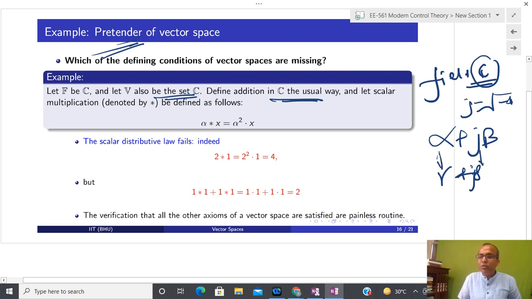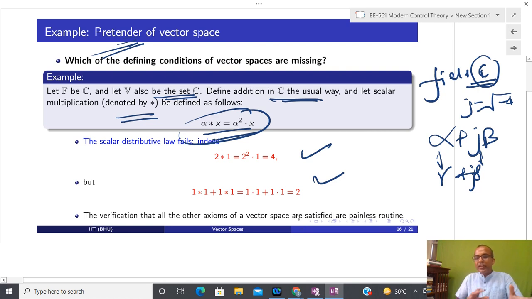Then component-wise I understand the addition, but I have changed the multiplication like this for the time being. We are saying that scalar multiplication is now defined like this. So I am taking vector addition and scalar multiplication, but I have redefined the scalar multiplication. You can see that if you do that, then the distributive law is going to fail. So even if we have two operations, vector addition and scalar multiplication, that is not always a vector space. That might be a pretender. All other properties of a vector space are satisfied except the distributive property. It is possible to show. Please do it by yourself.